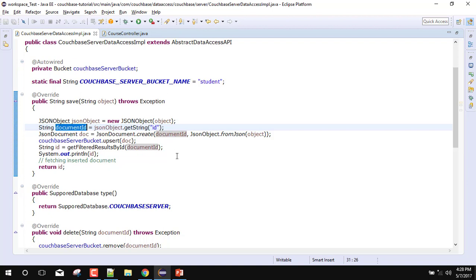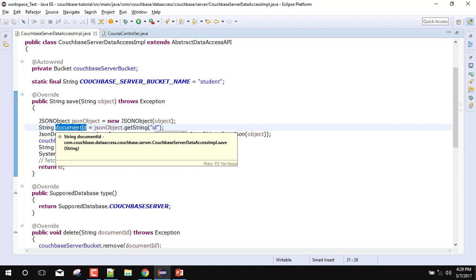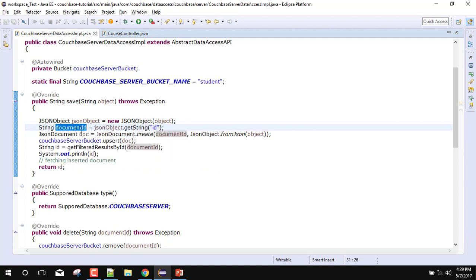In Couchbase, each record has its own document ID. So we will use the ID of the JSON as the document ID of the record, so that we can fetch the records next time with the help of this document ID. So let's create the record.